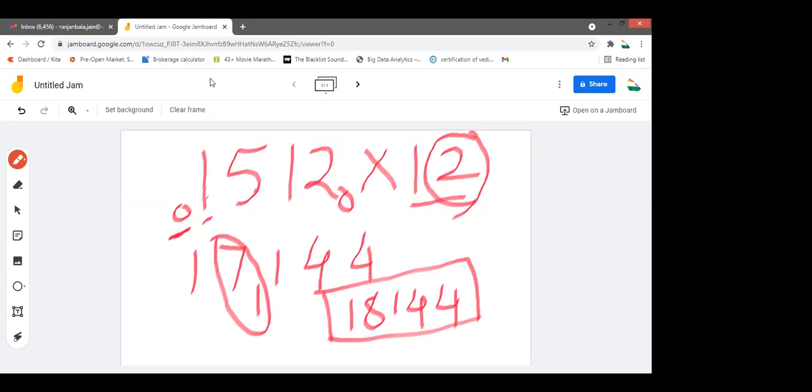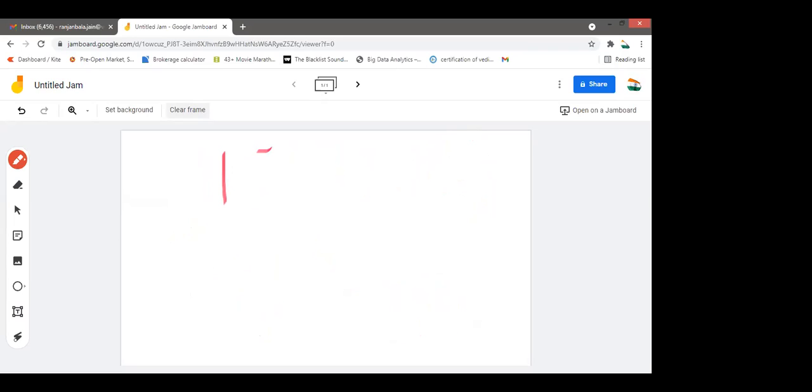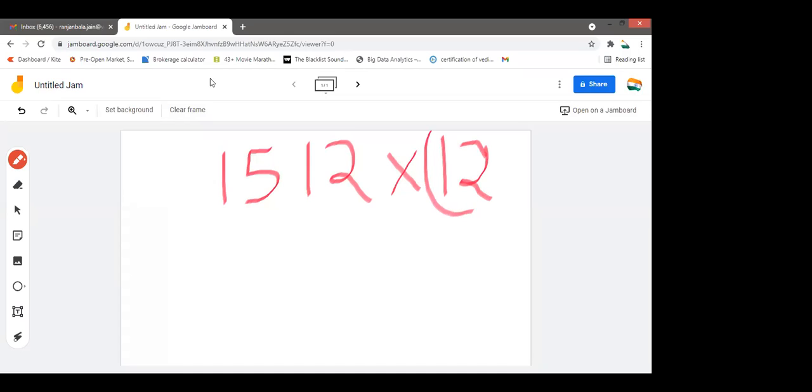Okay, okay. Let's go, one more problem. Again, I am just explaining to you. 1512 multiply by 12. Now listen carefully. Instead of multiplying by 12, I am just remembering 2. Now put zeros on both the sides. Start from the left hand side digit. 2 multiplied by 0 will be 0, and added with the next digit will be 1. So 2 zeros are 0 plus 1, 1. Now 2 is multiplied by 1.